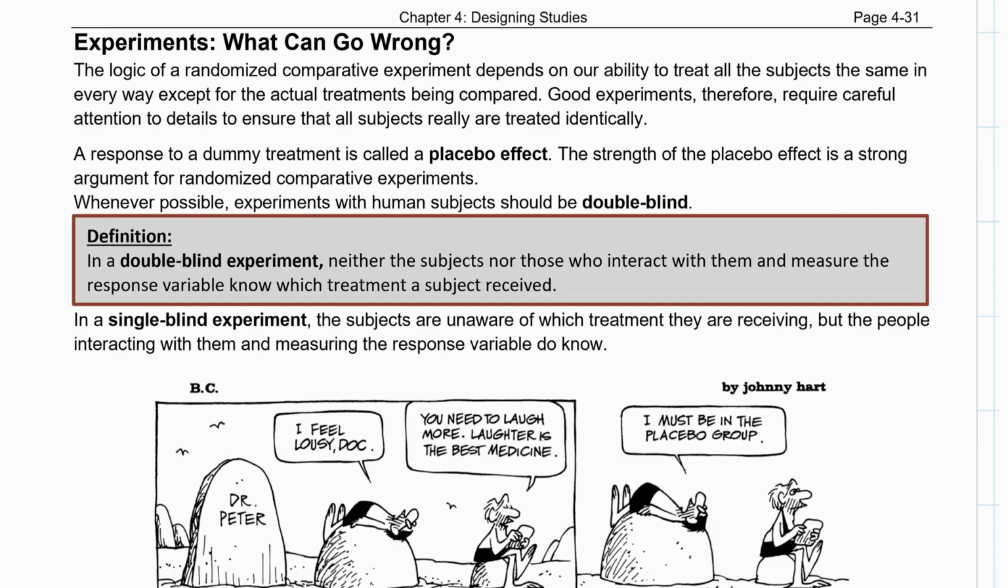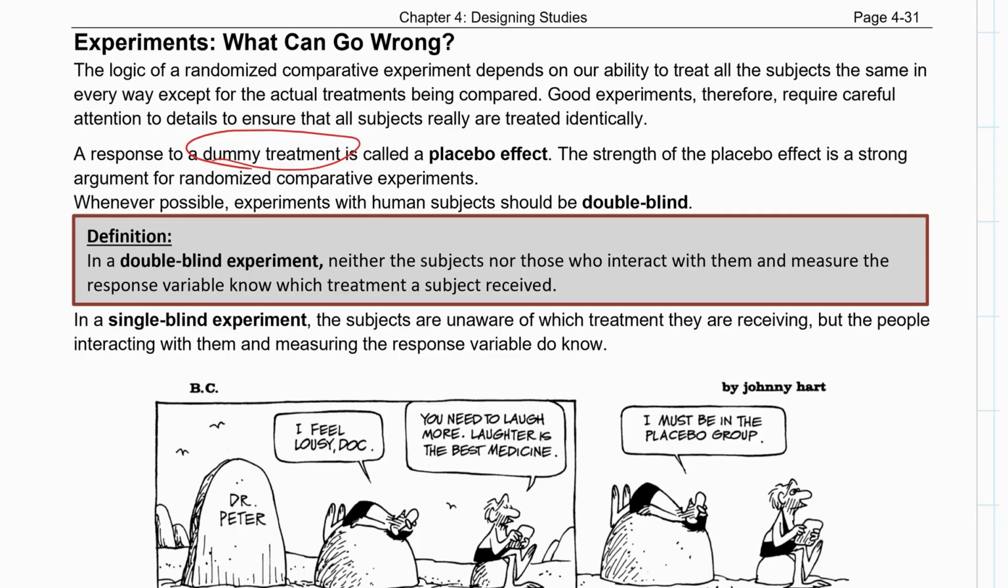The logic of the randomized comparative experiment is basically saying, hey, I've got two similar groups, as similar as can be, except for the actual treatment. But the question is, how do we make it so that even the treatments feel almost the same? Sometimes we use a placebo, which is a dummy treatment, and we do this to defeat something called the placebo effect. The placebo effect is the idea that sometimes people react even to a dummy treatment